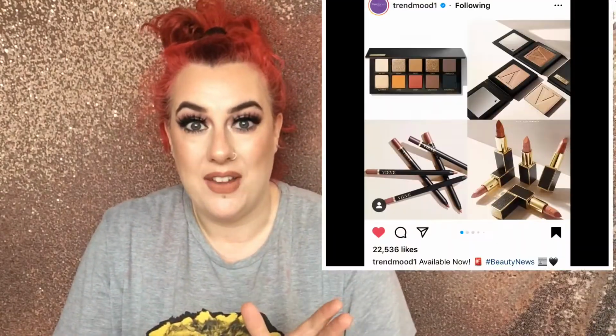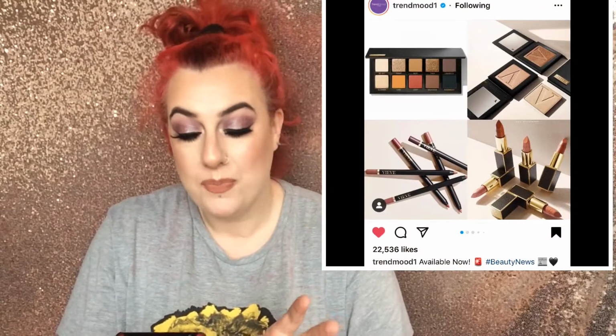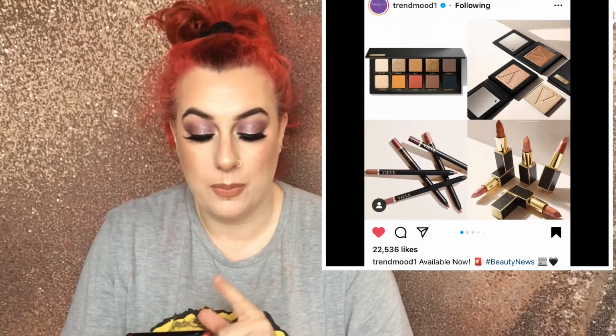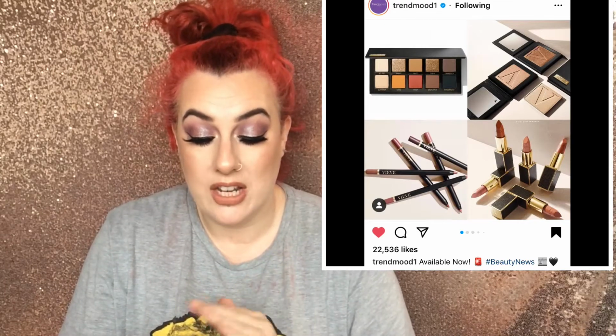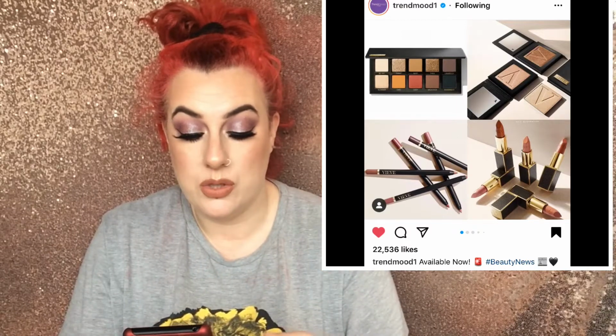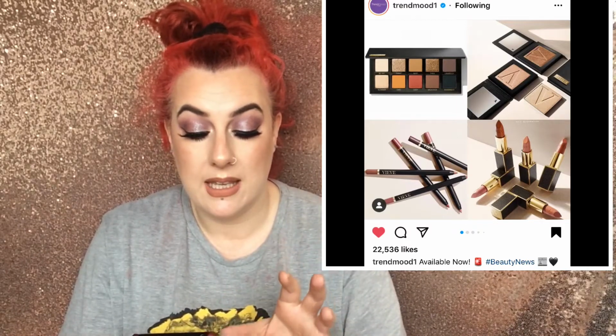This new collection I'm going to talk about is literally like a dream. It's my colour story, it's beautiful. It's Jamie Genevieve's new collection called Vive. So she has a couple of highlighters, an eyeshadow palette, a couple of lipsticks and a couple of lip liners. Now it literally is all nudes in different shades of nude for different skin tones, and a very basic eyeshadow